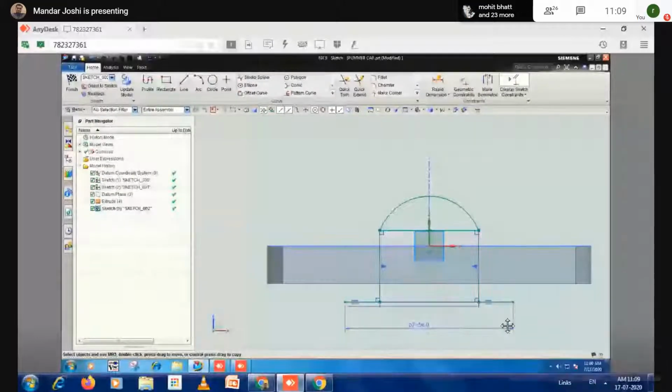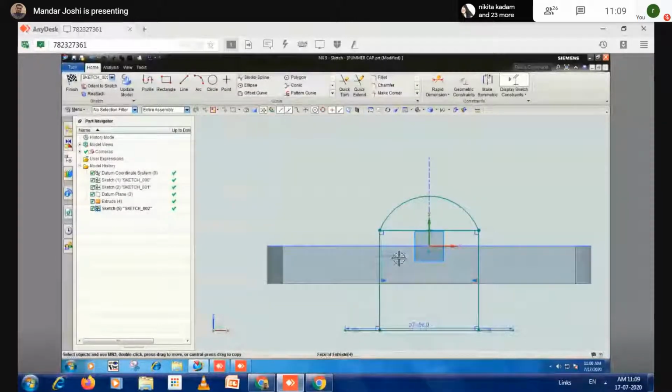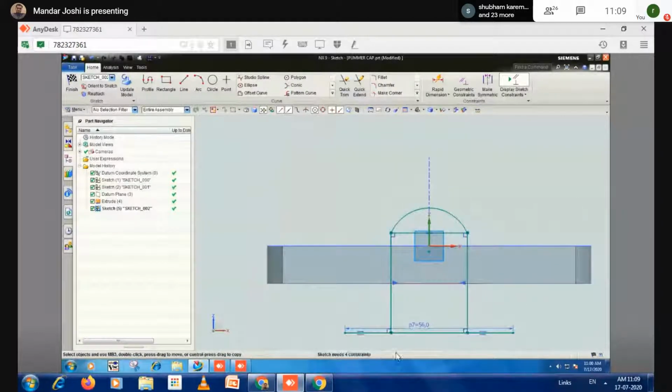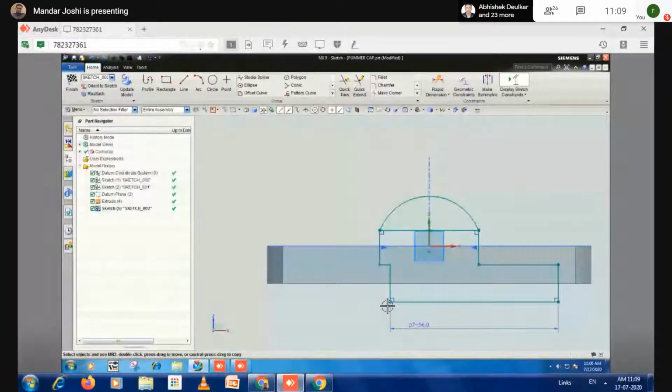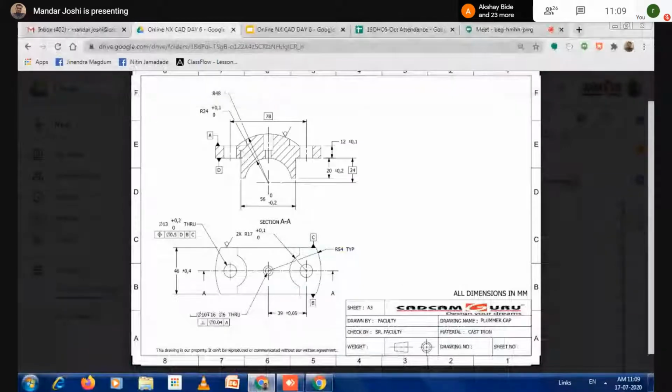Okay. And now next. This length is shorter. I just drag it. Just a minute, there is some issue. I'll do a control Z. First I give this a smaller size. It is more than 56. How much is it, can you tell?